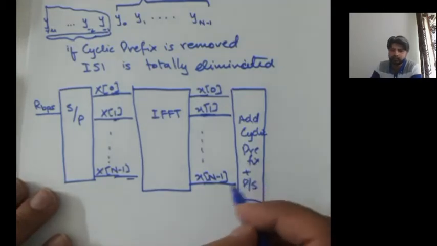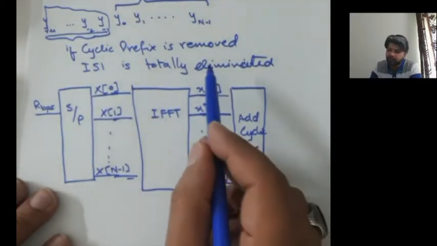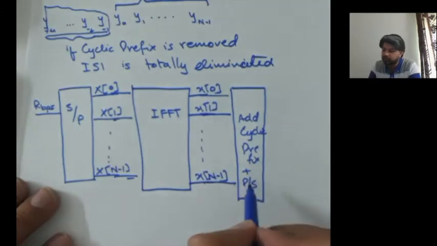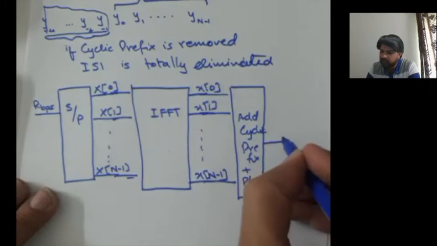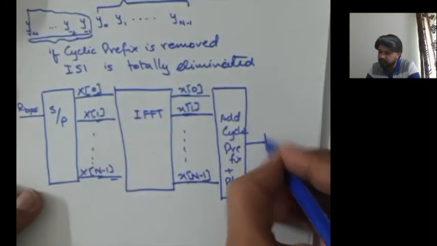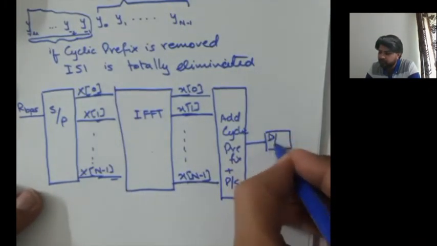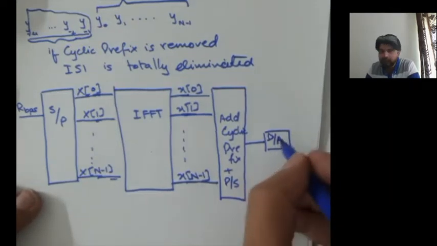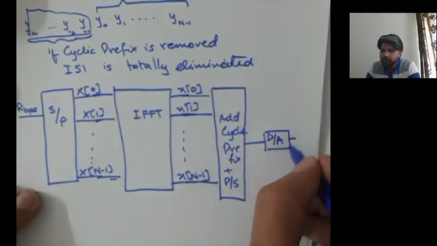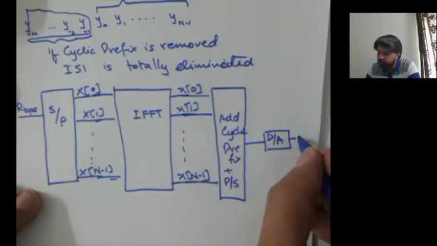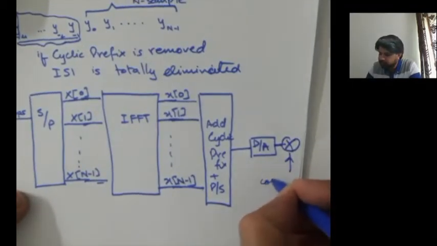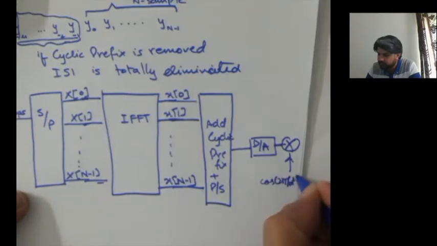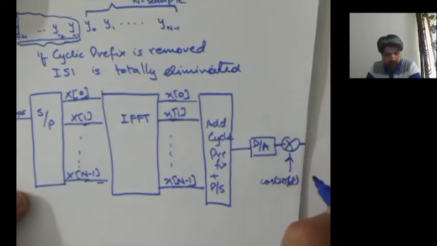You would add the cyclic prefix, the last mu samples you would plug in and put it here, and then you would convert this parallel stream into a serial stream. The serial stream is still digital samples, so you would convert from digital to analog. This must then be up-converted at the frequency f naught. So you would multiply with cos of 2 pi f naught t, and that would give you your symbol s of t.